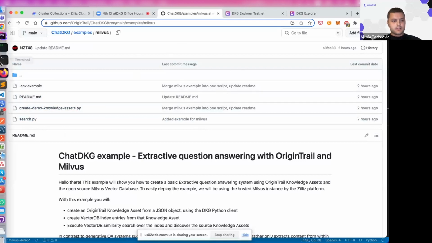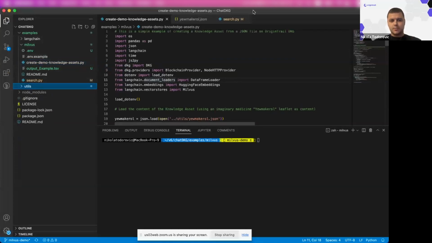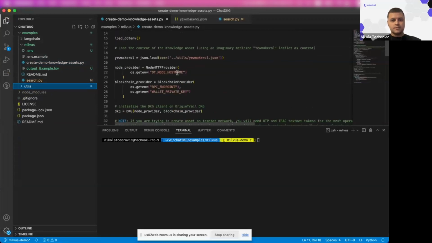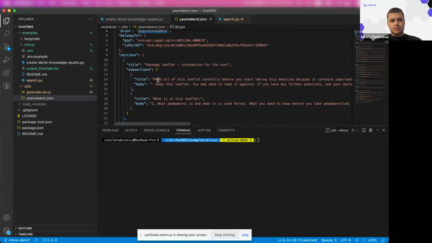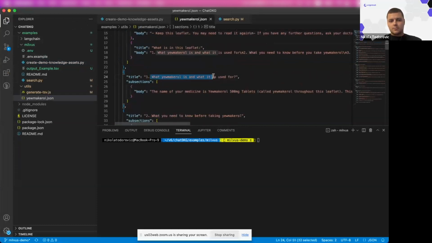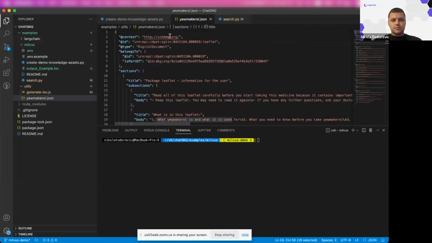So I can jump now directly into the code. Here you can see the first file is create demo. After importing some dependencies, we have the example of the imaginary medicine leaflet content. So the data set looks like this. It's a digital document and it has some titles and sections. Different sections present what it's used for, what you need to know before taking it, and so on. So that's a nice example of a document that can be turned into a knowledge asset and published on